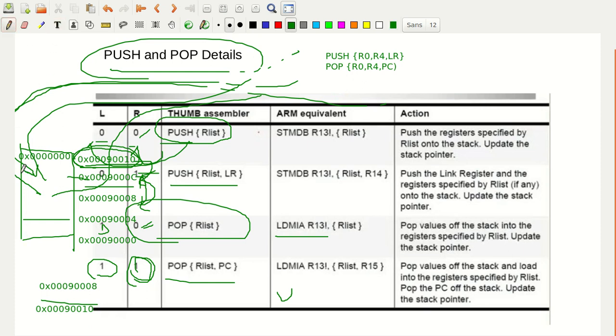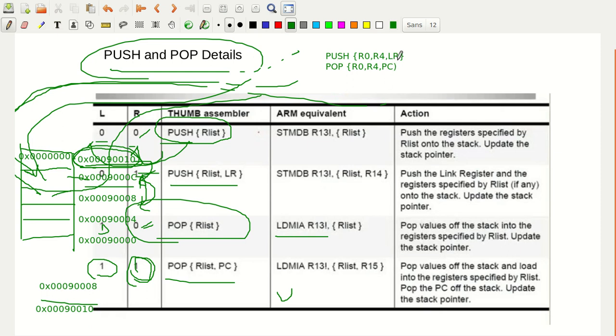Now, since push operation is similar to the STMDB that you have here, STMDB R13 exclamation mark means R13 is updated, then R list comma R14.